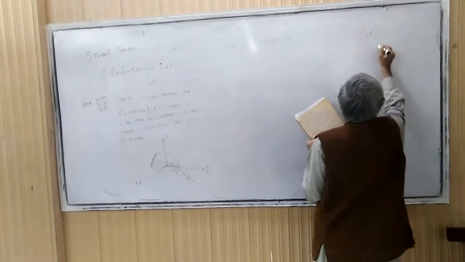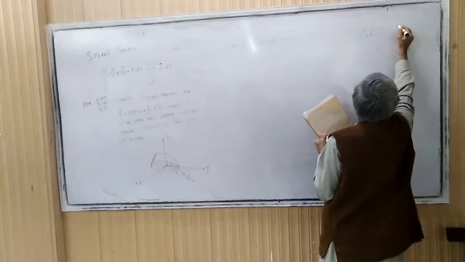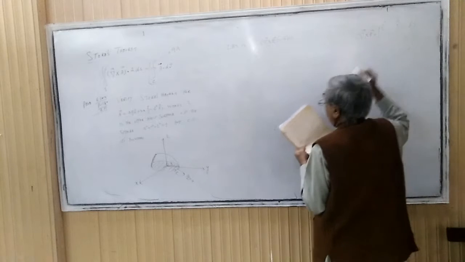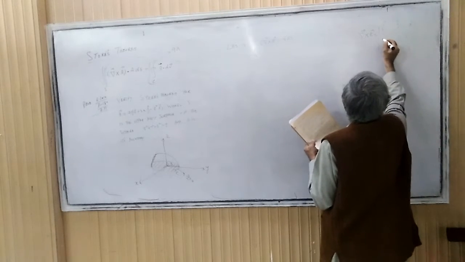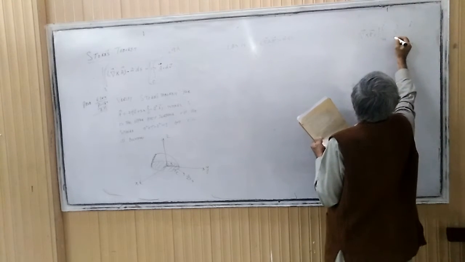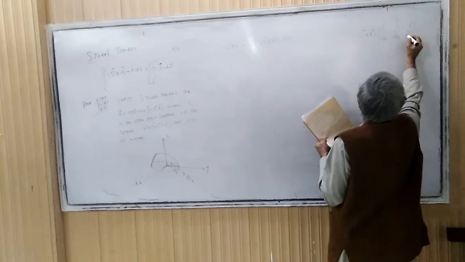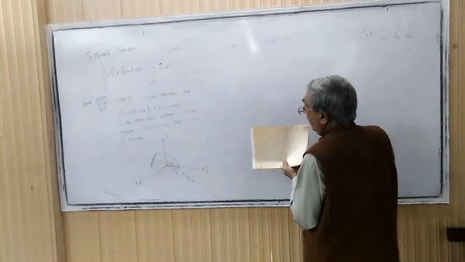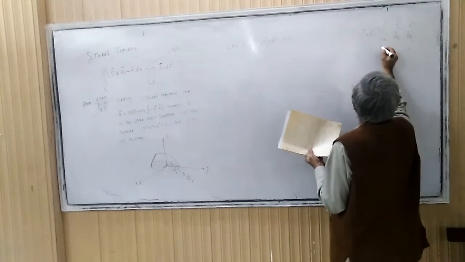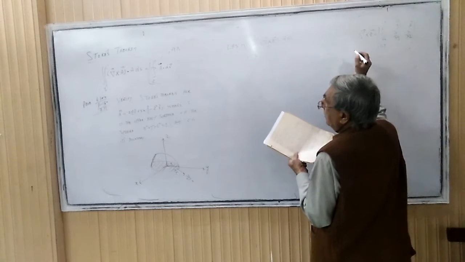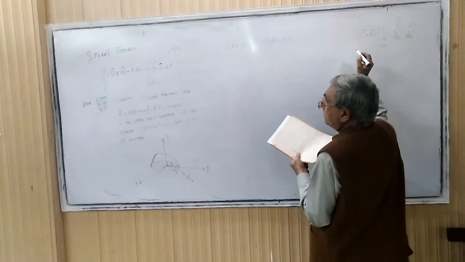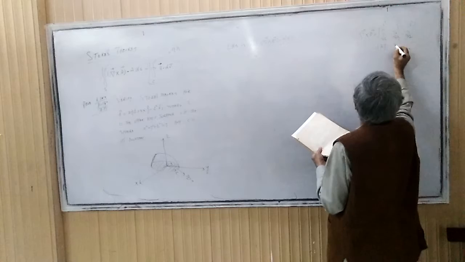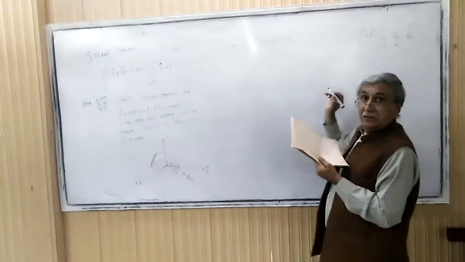the determinant with i, j, k. Del is delta over delta x, delta over delta y, delta over delta z. And for A, you will be writing 2y here, you will be writing 3x here,